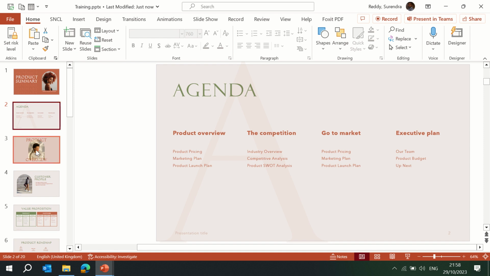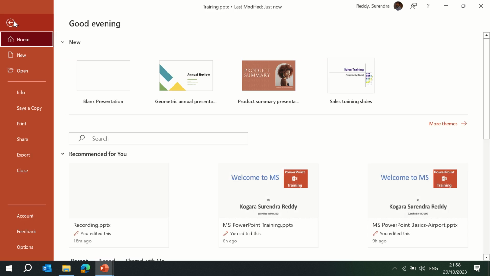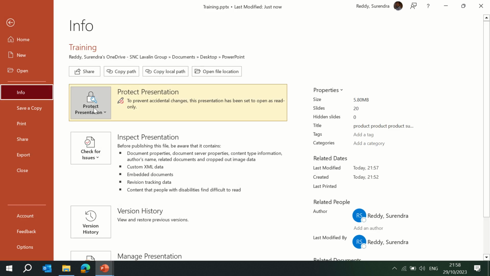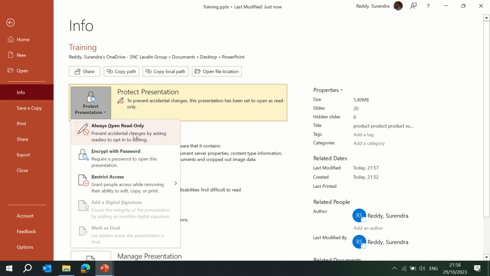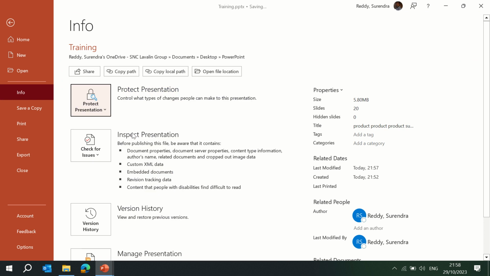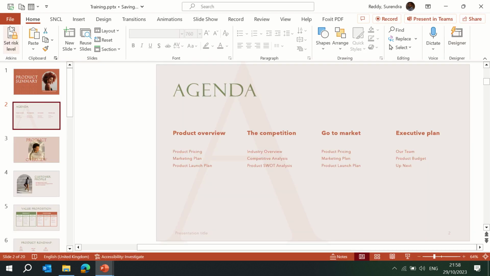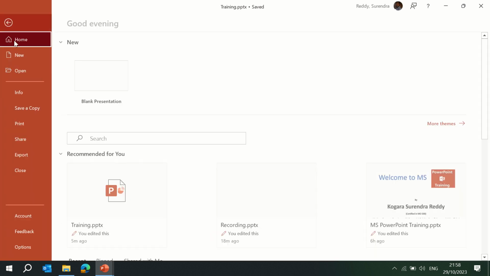So why do we have to make it read only? In order to protect changes from the other user, we make it read only. So whenever the other user opens it, it shows for him as read only. Now how can we retrieve that? Just click on it once again and save it. So that read only option has been removed. Now next option is